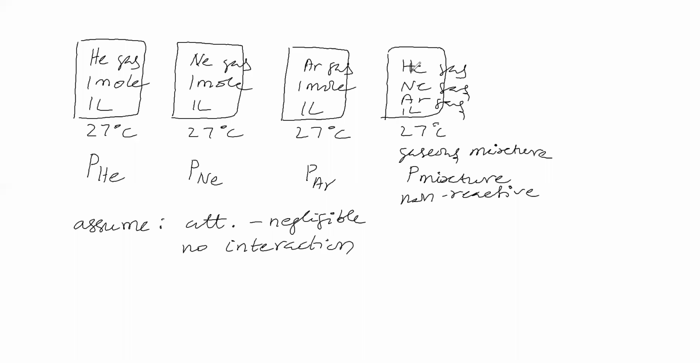Here in the mixture, the number of moles is totally 3 moles: helium 1 mole, neon 1 mole, argon 1 mole. Though the volume is 1 liter as here, and the temperature is 27 degrees Celsius as here, the number of moles is varied compared to the individual vessels, so the distance between gas molecules is less here. Now, under the normal condition, we are taking an assumption of no interaction since attraction is less. This is also an assumption only.